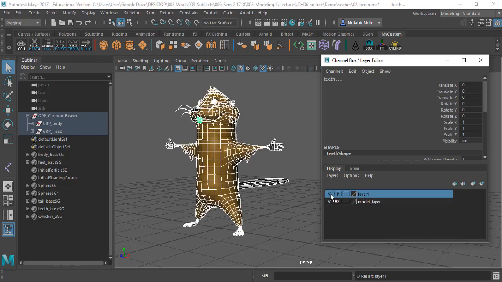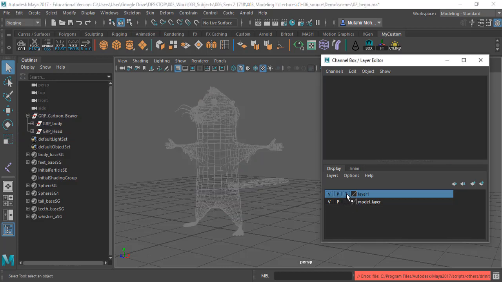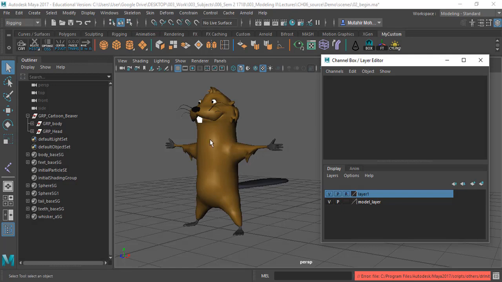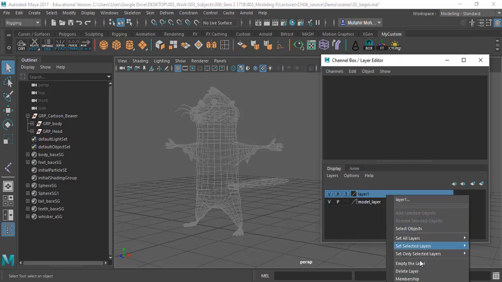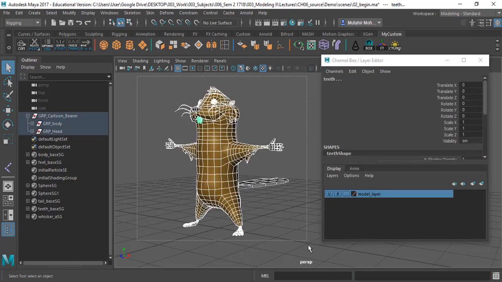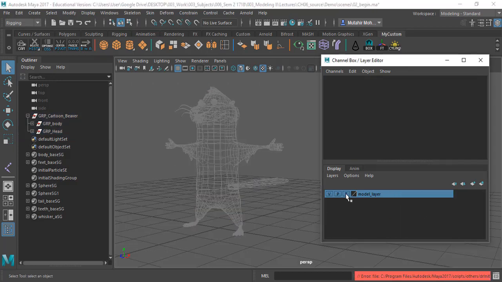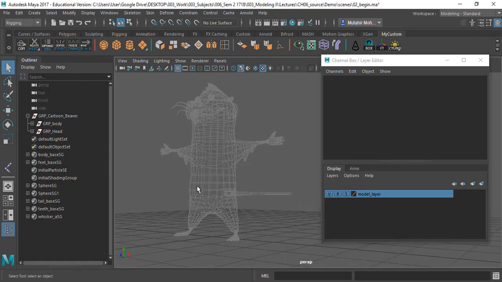You can give it a try by pressing V, so that allows you to place all your objects on that mesh and turn it to template or perhaps reference, so you can't select it at all. Turn it to template doesn't allow you to select it as well, but turns it into wireframe, and that is a good feature to have as well. So I'm just gonna delete this, and let's just make sure all the mesh is actually back here in this layer. So add selected objects. Alright, cool. Alright, so I'm gonna turn it to template, and you gotta make sure that you want this skeleton